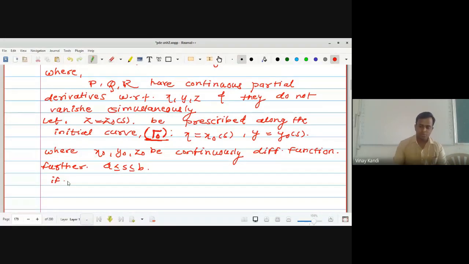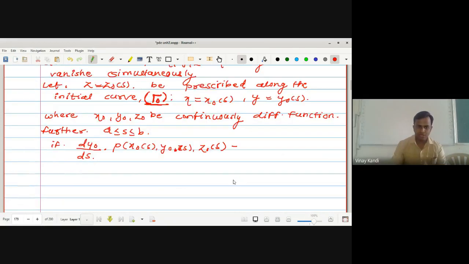And if dy naught upon ds into P of x naught of s, y naught of s, and z naught of s, minus dx naught upon ds into Q of x naught of s, y naught of s, and z naught of s is not equal to 0. Suppose this condition is satisfied, then we have to prove that